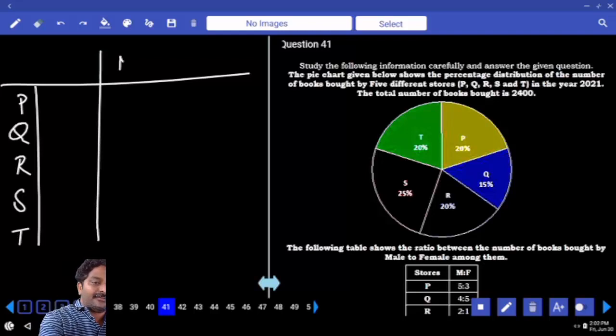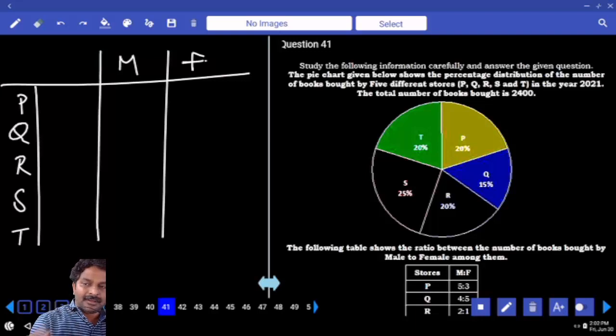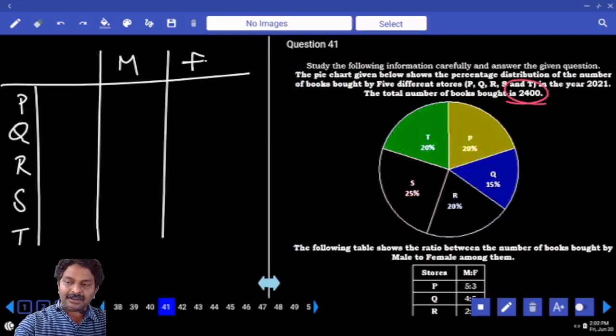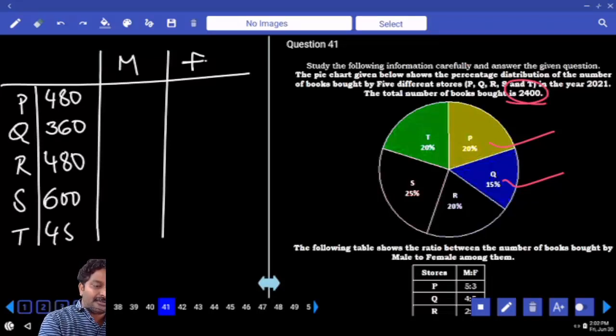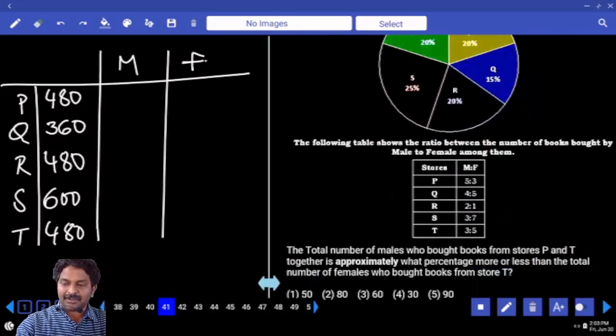Then we have male and female. Out of total 2400, 20 percentage, how much is that? 480. And then 15 percentage, 10% plus half, 240 plus 120, 360, again 20%, 480, 25%, 600, 20%, 480. Now when you look at the table,